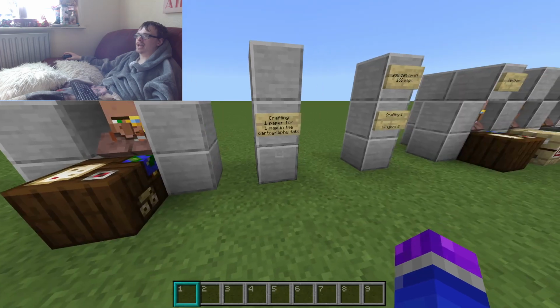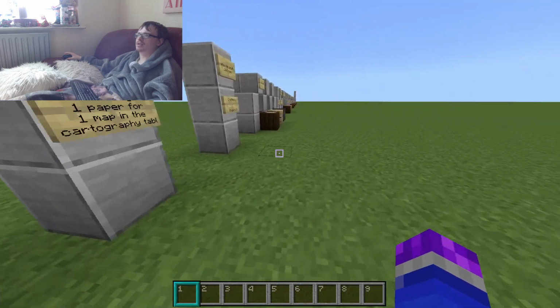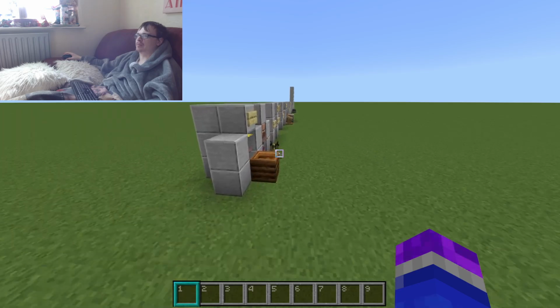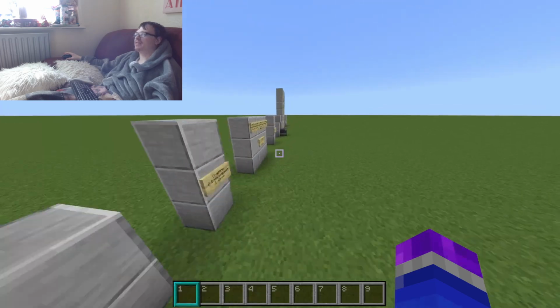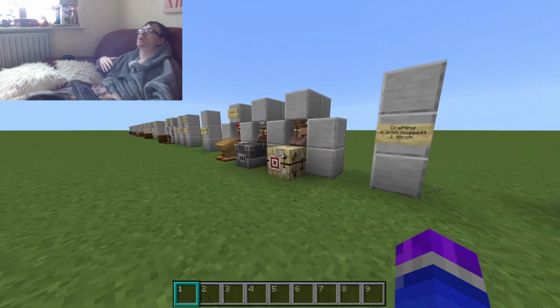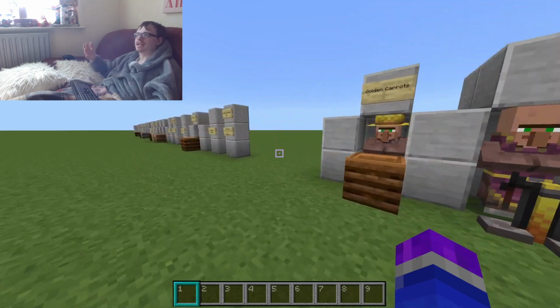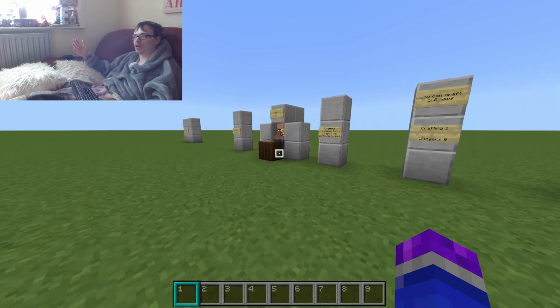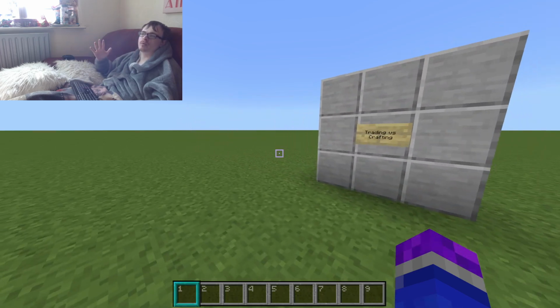I think Mojang should definitely update these to fix their prices so you're not getting ripped off as much. I'm fine with the villagers making a little bit of profit because that kind of makes sense. Because in real life, when you go to a second-hand shop and you sell them your old game console or old mobile phone or whatever,